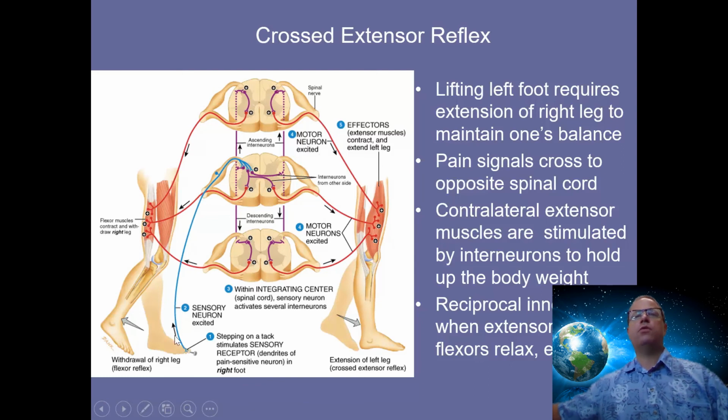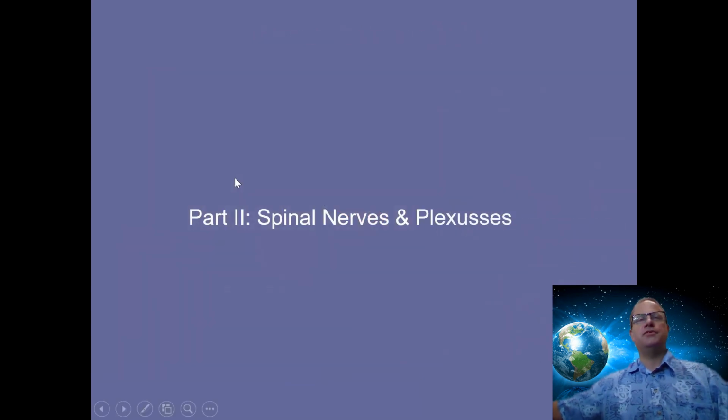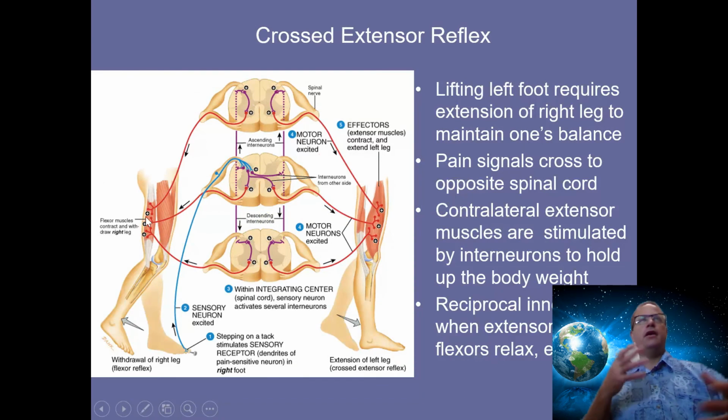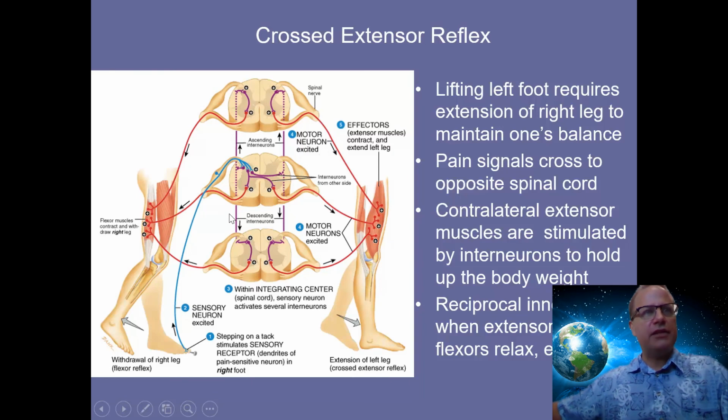Ow, that hurts. So sensory information travels up your left leg, goes up the dorsal root into the spinal cord. It synapses here with interneurons and with motor neurons. So already we have 2 synapses, and motor information is coming out on the same side of the spinal cord. So in this aspect, it is just ipsilateral because it's telling my hamstrings not to contract, and my quadriceps is going to contract. But I also have to talk about what else is going on,